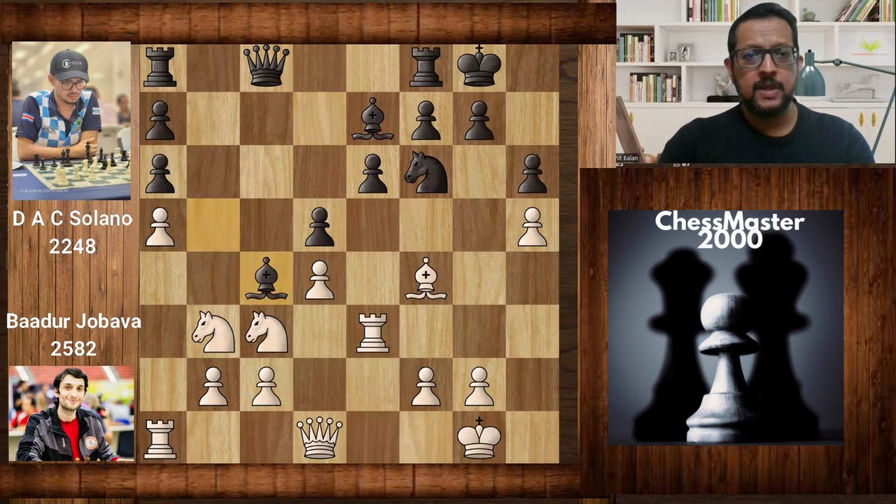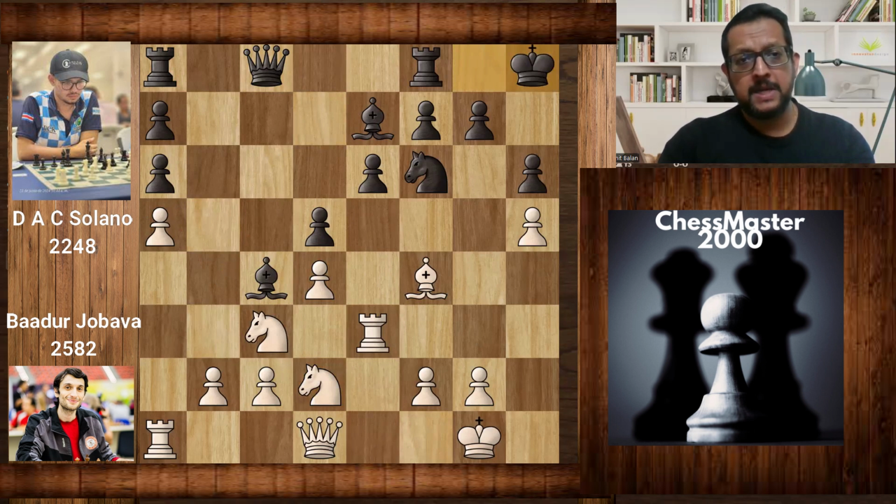Rook e3, bishop c4, knight d2, king h8. I think it was a prophylactic move, but I think instead of king h8, bishop b5 was better, going back. Otherwise, knight capturing on c4, that kind of pawn structure is better for white. Rook g3,